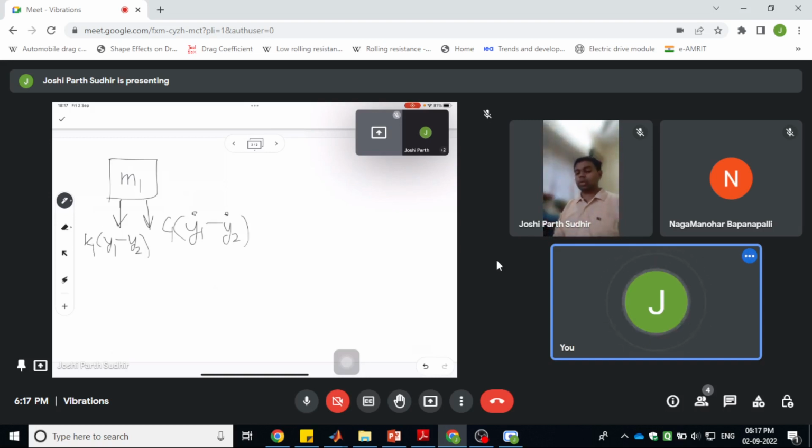So it will be basically c1 into y1 dot minus y2 dot, and similarly let us draw the free body diagram for the mass m2. Now we have the same forces, because they are both connected together by the same spring, so we will have the same force acting upwards. So let us say we have the coordinate system such that upwards is positive,